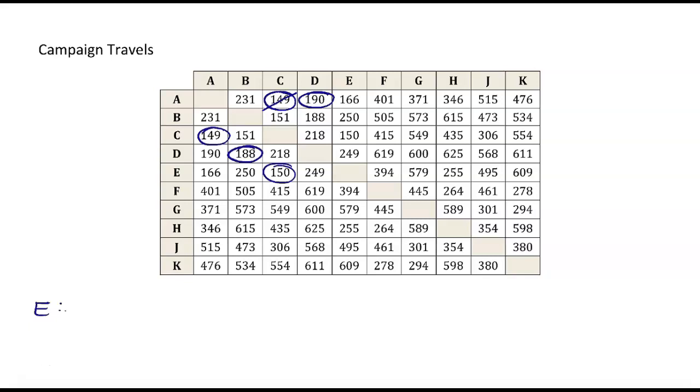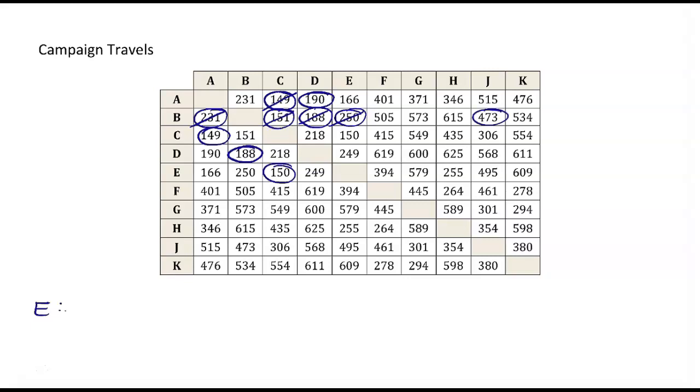Notice when we look down row B that the nearest neighbor is C, but it's already been used. D has already been used. The next nearest is A, but it's already been used. And E is where we begin and end, so we don't want to use that one either. That takes us to our next nearest neighbor, J.